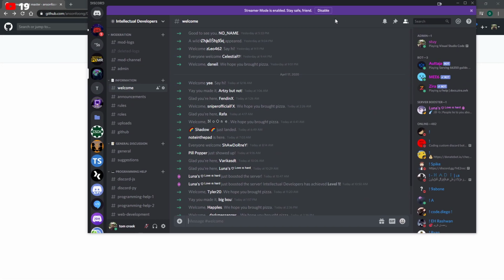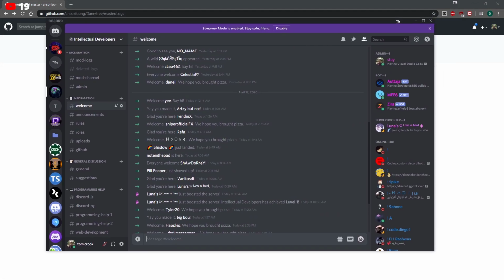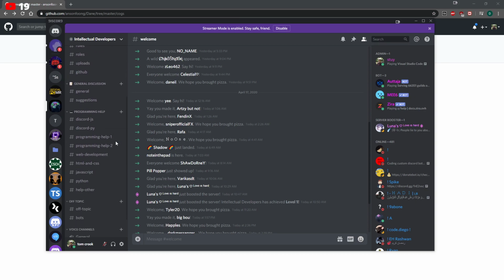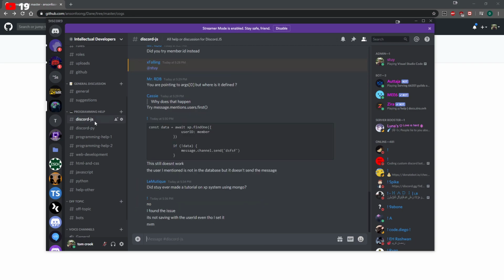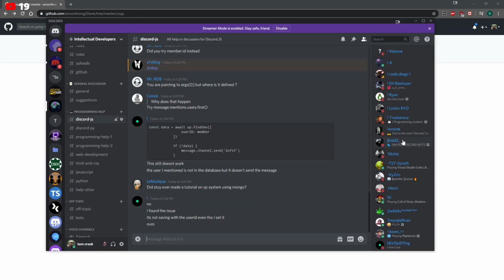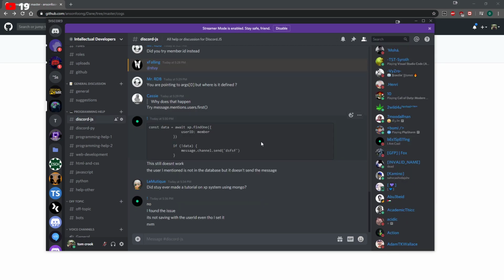Whenever that event is emitted, the member object is passed into the callback function. It would be better if you ask the question on the server though, because I'm sure there's probably someone that does speak German on the server. I'm not sure who, but there might be someone. And plus, we can all collaborate and help you out too.